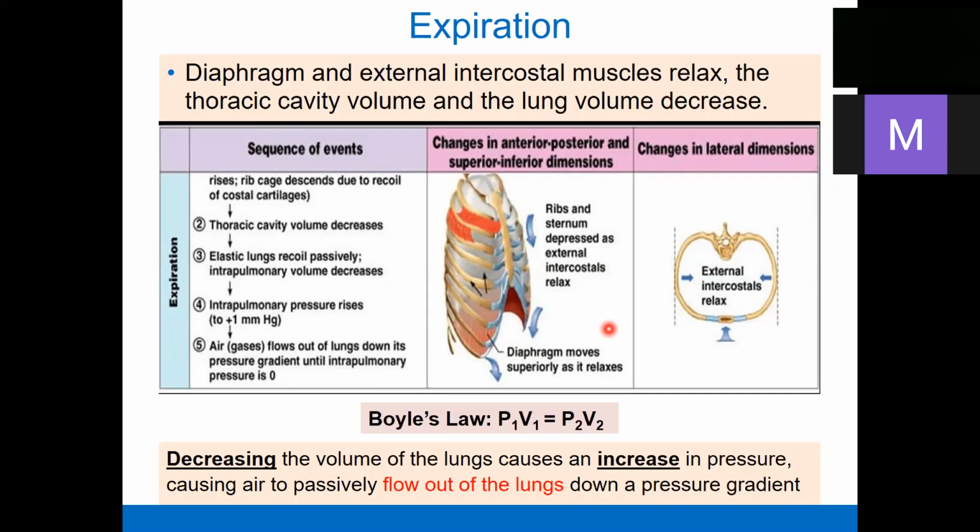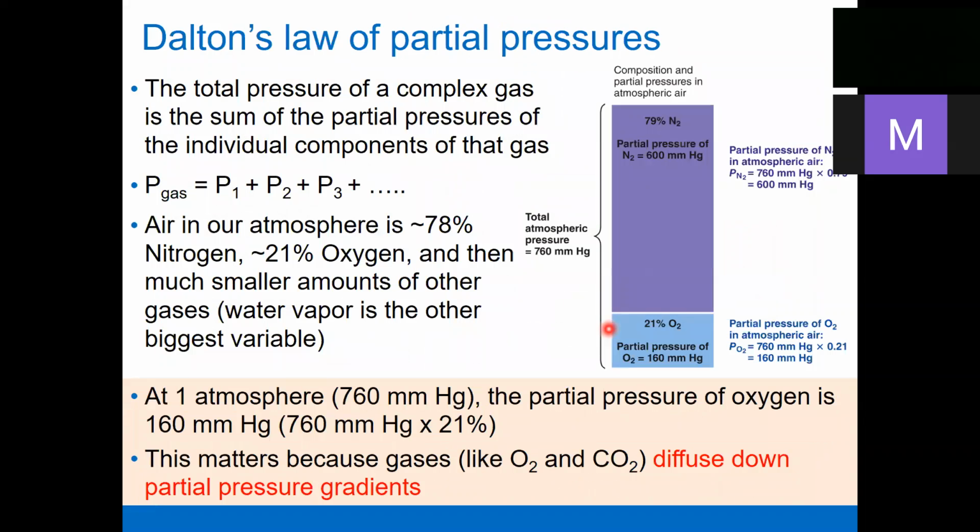In order to exchange oxygen and carbon dioxide in our body, in our lung, you may know from the previous lectures that the total pressure of a complex gas is the sum of the partial pressures of the individual gases. As we know, in our environment, in the atmosphere, we have mainly nitrogen and oxygen, about 78% of the atmospheric air